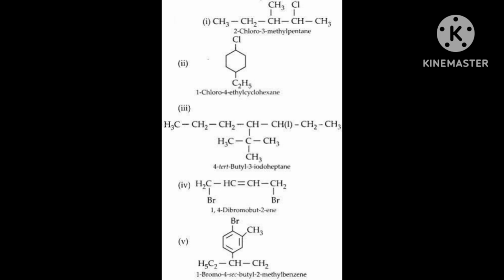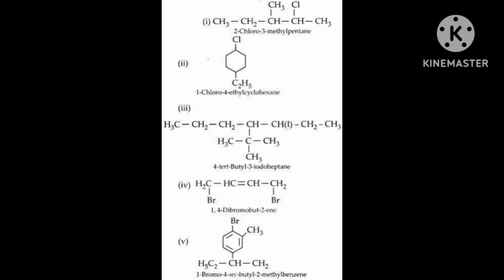then the numbering will be from this side only, the CH2 side, the first carbon, that is 1, and second carbon methyl is attached, and third carbon bromine is there. Then 3 bromo, because third carbon has bromine, and carbon number 2 methyl is there, then 3 bromo 2 methyl, and total 1 2 3 carbon is there, then propane, okay,